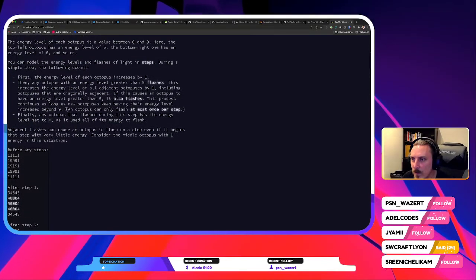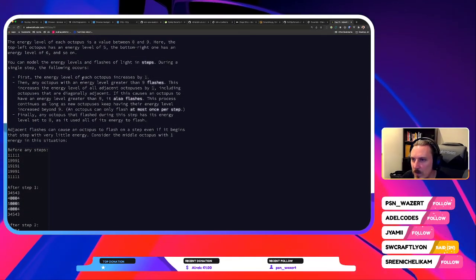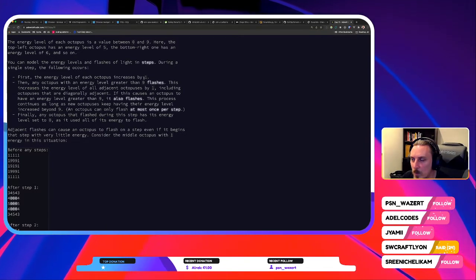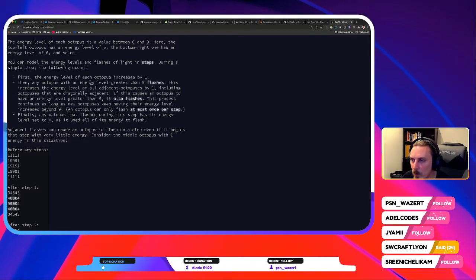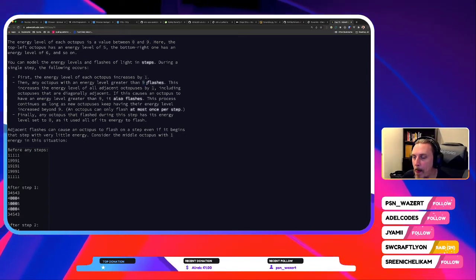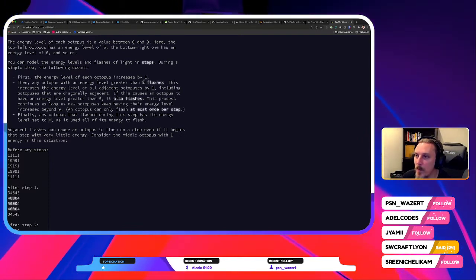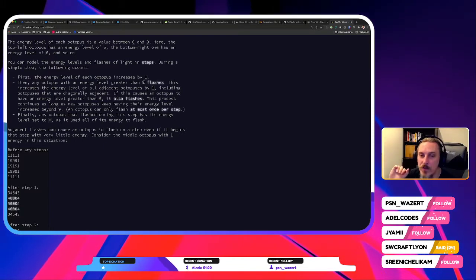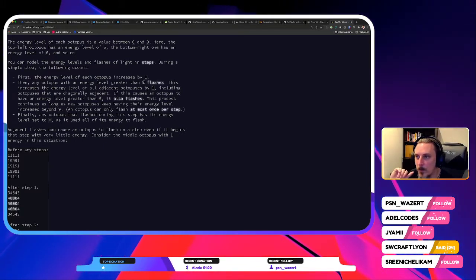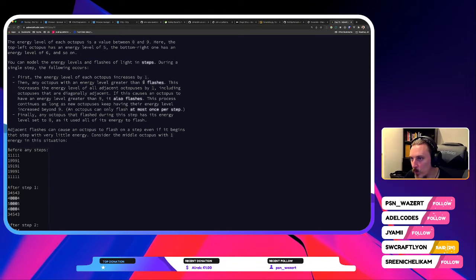What does it say here? First, the energy level of each octopus increases by 1. Then any octopus with an energy level greater than 9 flashes. So I guess we can consider giving them an energy level higher than 9, for example, and then do the drop to 0